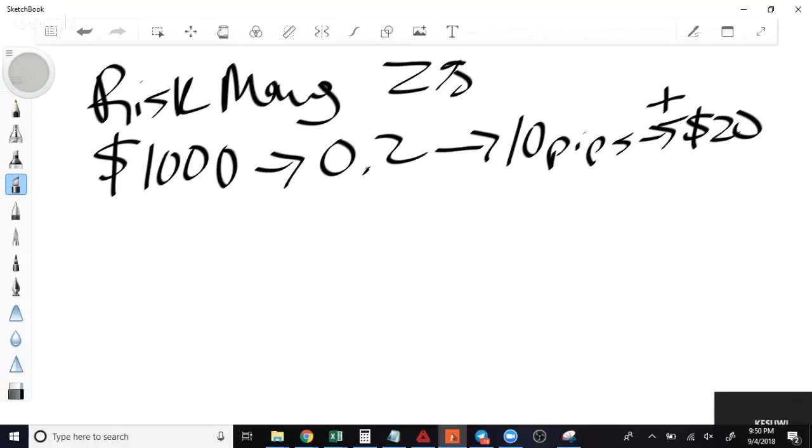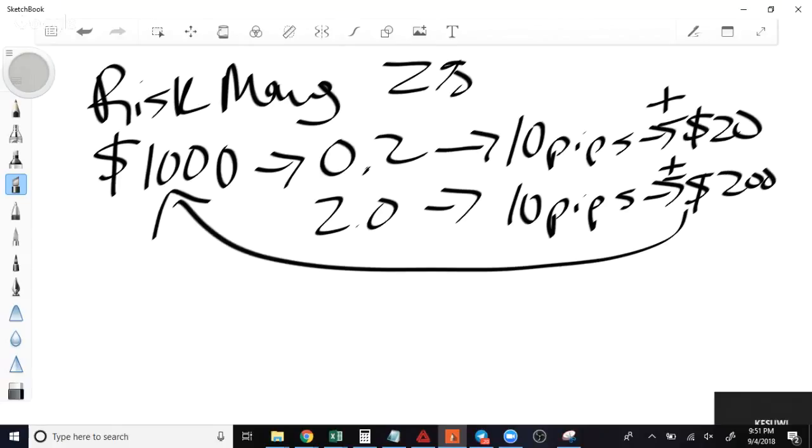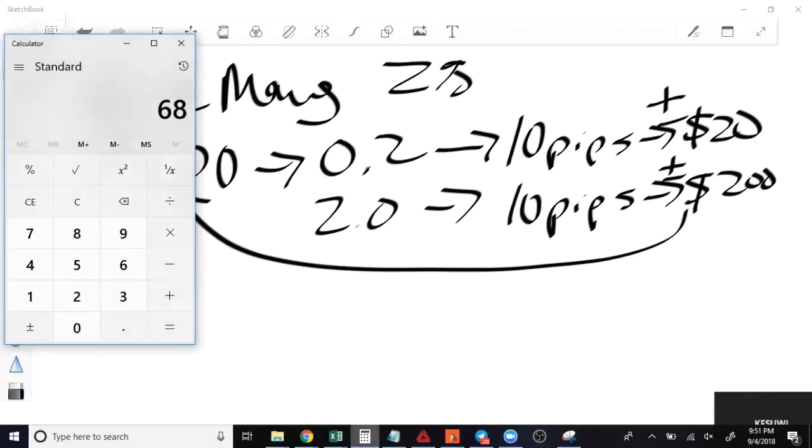But let's just say, why wouldn't you do something a little larger, like a 2 lot for that $1,000? Well, when that moves 10 pips, that's going plus or minus $200, right? And that will greatly affect this account because it's only $800. Well, the thing is, to be able to bring it back to $1,000,